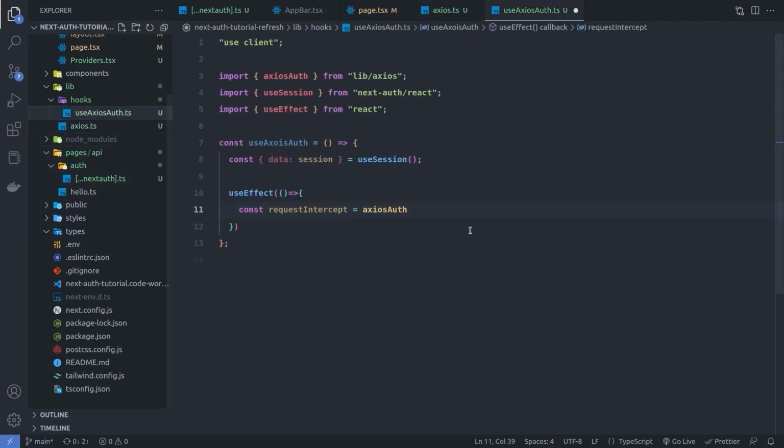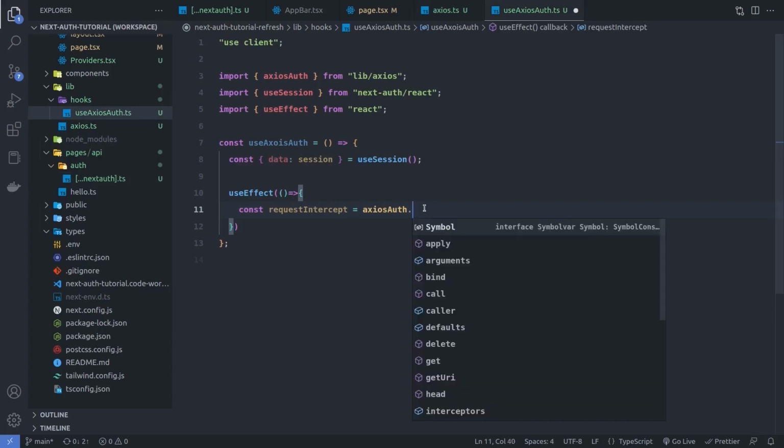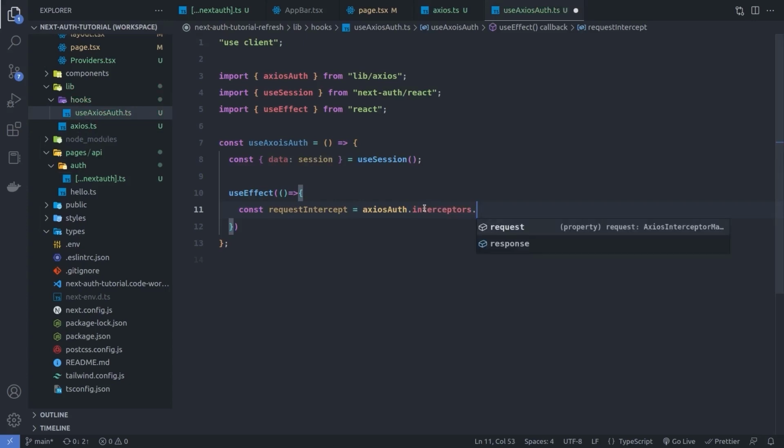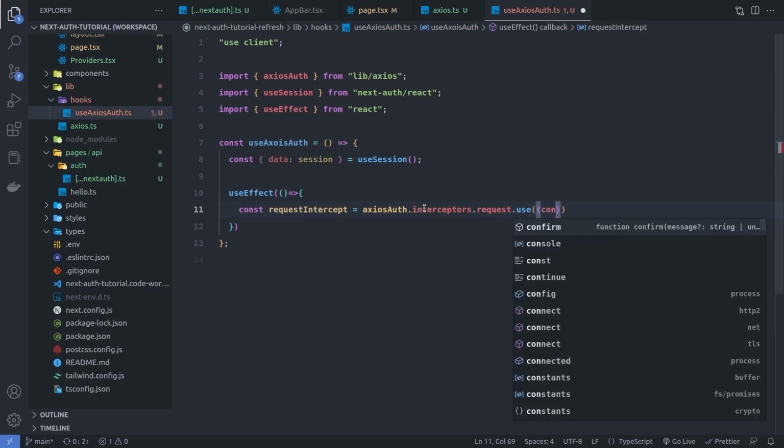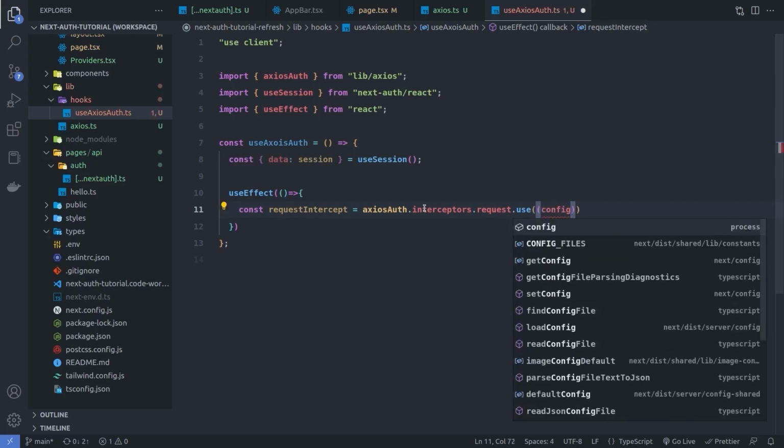Go back to the useAxiosAuth, and here set the axiosAuth.interceptors.request.use, and then inside it I'm going to pass a callback function which takes the config as its parameter,